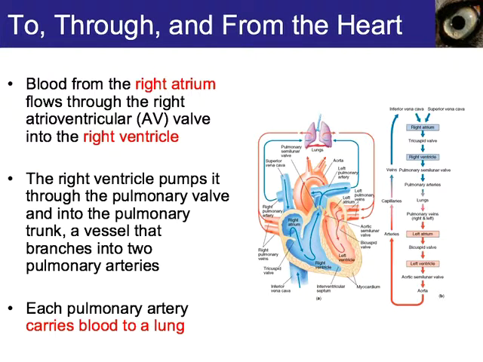Blood from the right atrium is going to flow through the right atrioventricular valve into the right ventricle. So you have your right atrium, and blood is going to flow through this valve into the right ventricle. The right ventricle is then going to pump it through the pulmonary valve into the pulmonary trunk, a vessel that branches into two pulmonary arteries, and this is going to carry this deoxygenated blood to the lungs. Once the lungs oxygenate that blood,